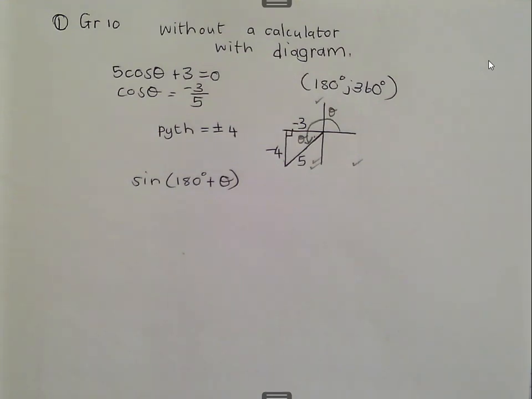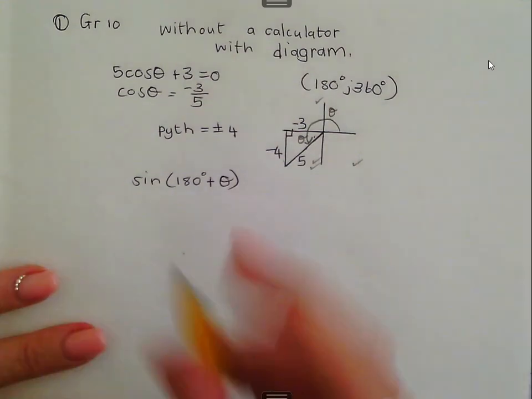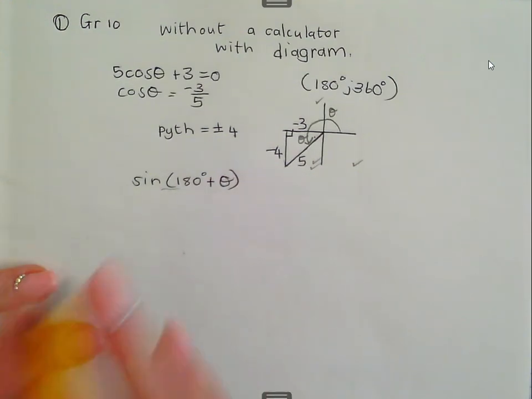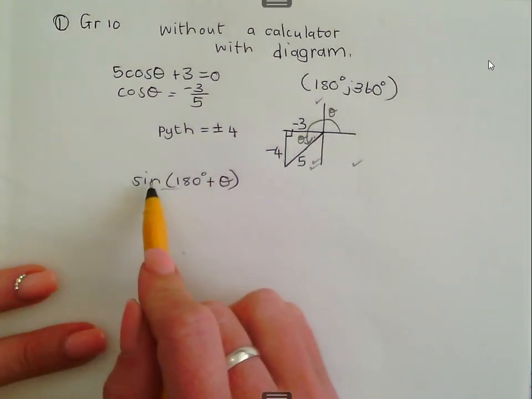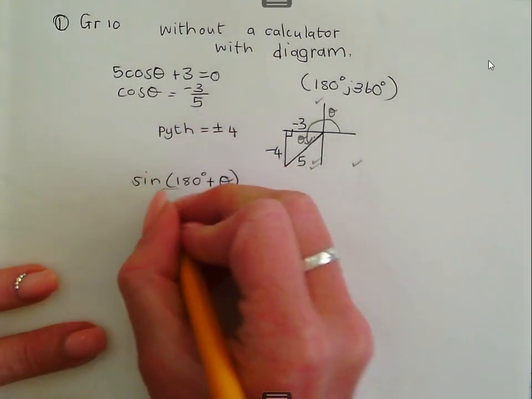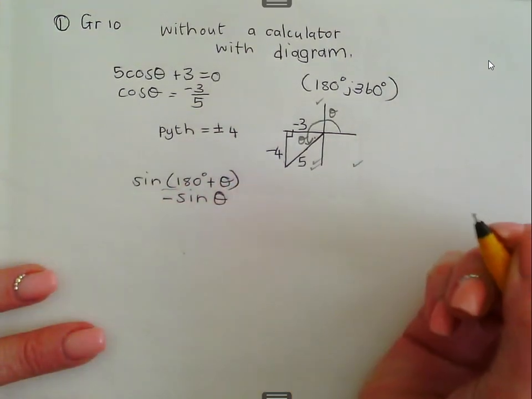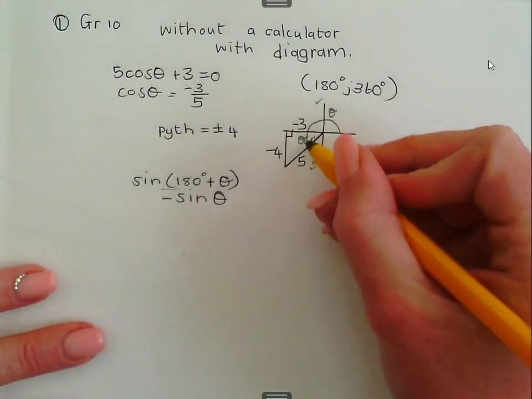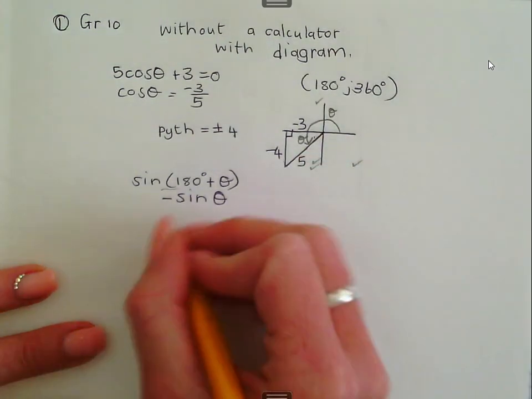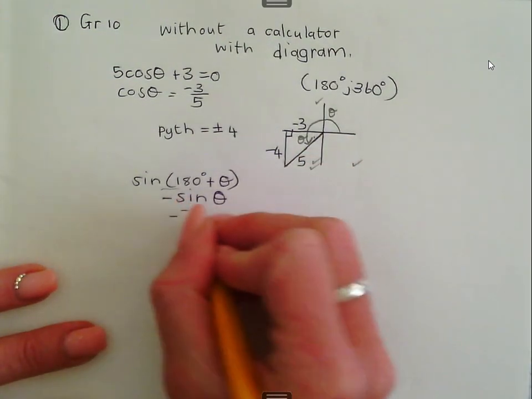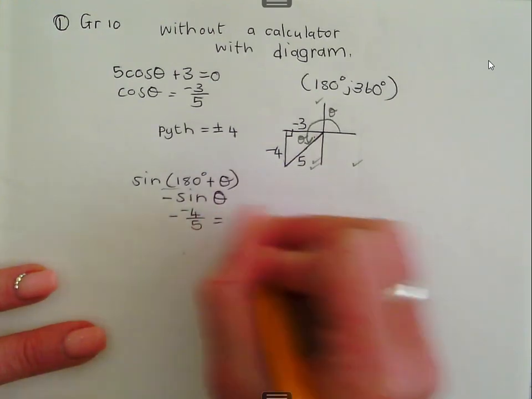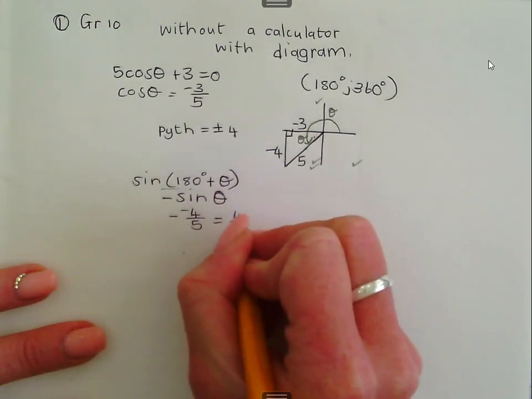So the rest is gone. Now, when you have something like that, you'll just see it's not in its simplest form. That's why when I say the sin of 180 plus theta, I know that's in the third quadrant, and then I know it's negative sin theta. And now I substitute sin is opposite over hypotenuse. So it's negative 4 over 5, and that is why it's 4 over 5.